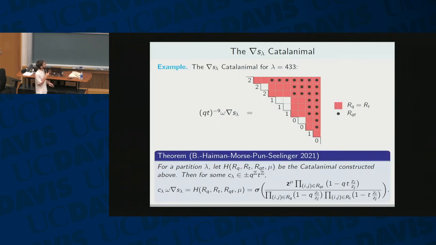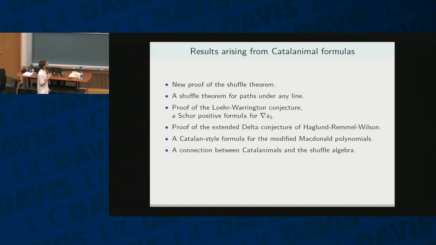Okay. So we were able to show that this specially constructed Catalanimal, based on the original shape lambda, is equal to omega nabla S lambda up to some constant. All right. So here are some results that we obtained out of this. So first of all, we ended up with a new proof of the shuffle theorem,